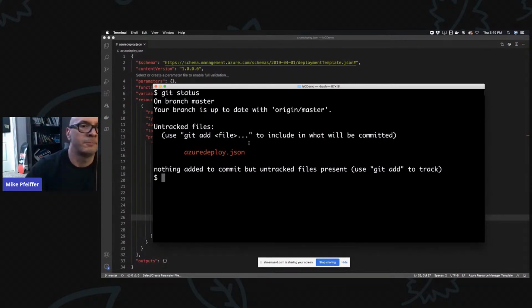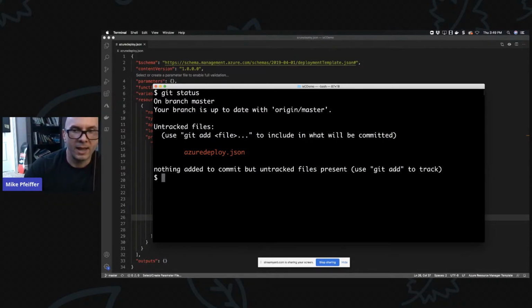So watch, git status. So I've made a change. I created a file, I created an ARM template, put some code in there. And so now in this local repo, they're like, hey, you've got untracked changes. Do you want to like track those and then eventually commit and push that back to GitHub? Yes, I do. And they actually tell you right here, do a git add to track your changes.